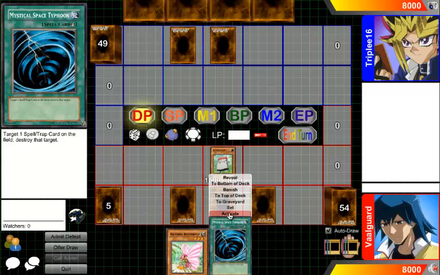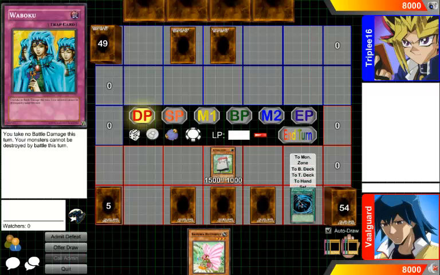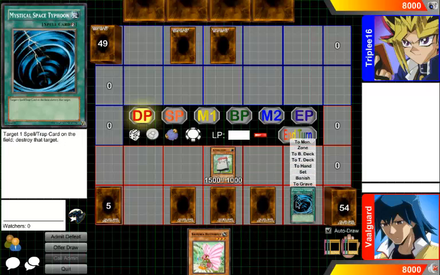Now here's a spell card, so you can activate it only on your turn, unless it's a quick play like this. And I'm going to destroy that card there. This is one of the most commonly used cards, Mystical Space Typhoon, commonly referred to as MST. You destroy one spell or trap card on the field,